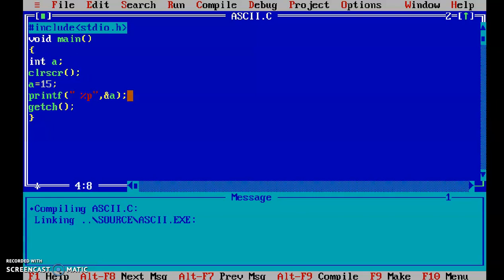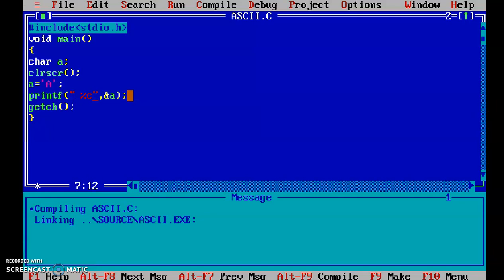We will check what happens if a is a character. A character in C programming takes 1 byte of space, that means 8 bits of space. And here I will put the character A in single quotation marks. To represent a character, you need to put single quotation marks. Now the format specifier for a character is different from integer.